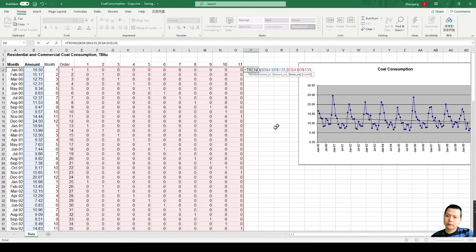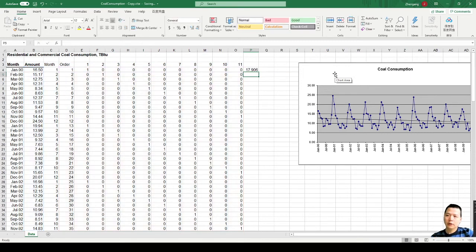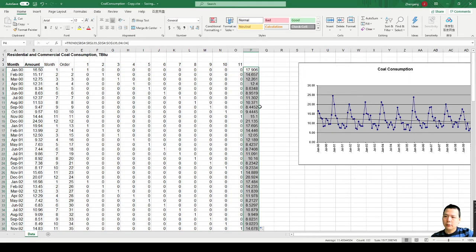And the new_x's. When we say new_x's, it's just for this record, and we don't want the absolute reference. If you forget about TREND, you can go back to the previous lab to see what the TREND function is. Right, this is how we calculate